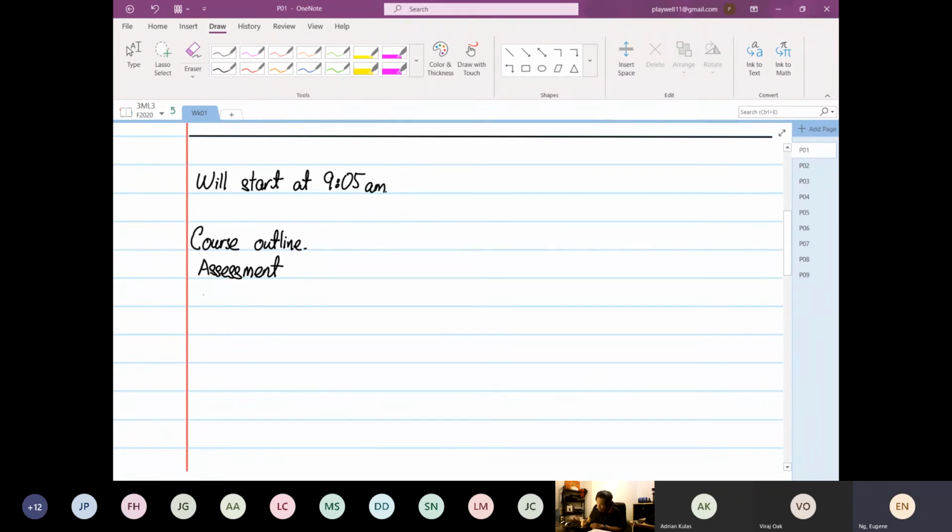In the assessment, you will have homework, a weekly quiz, a term test, and then a final exam. That's how it is. And in terms of weightage,